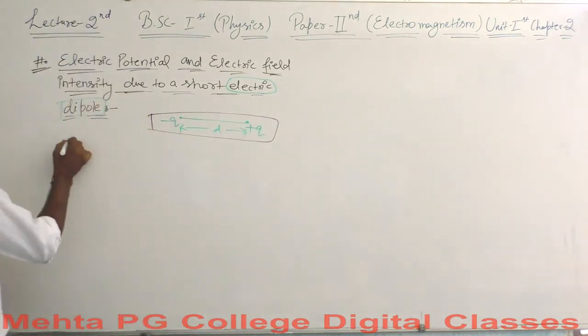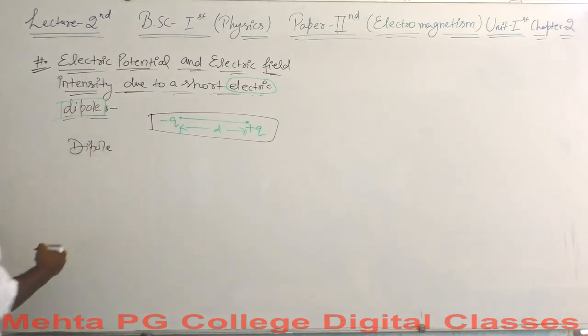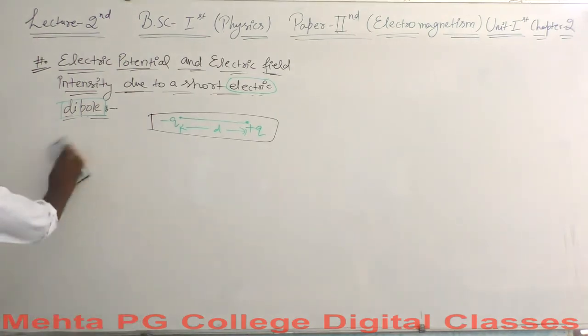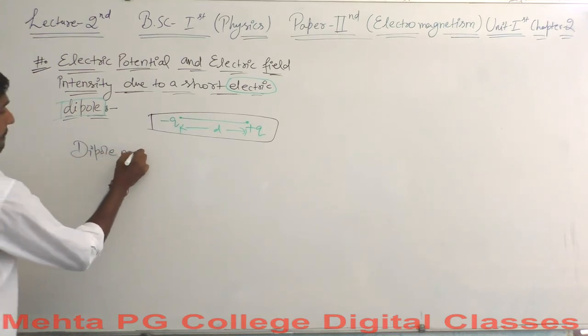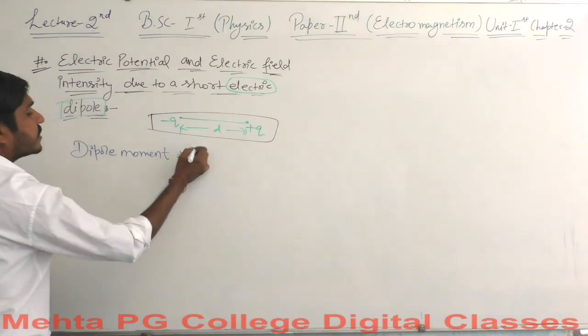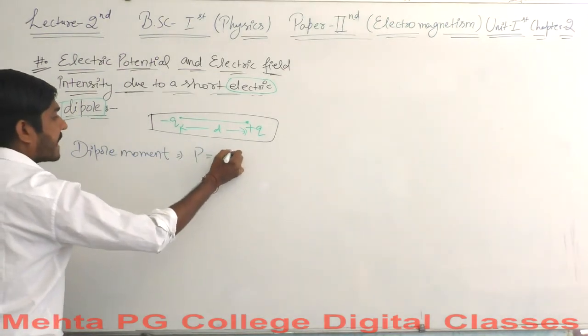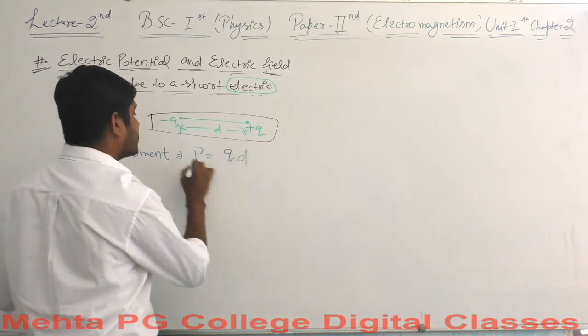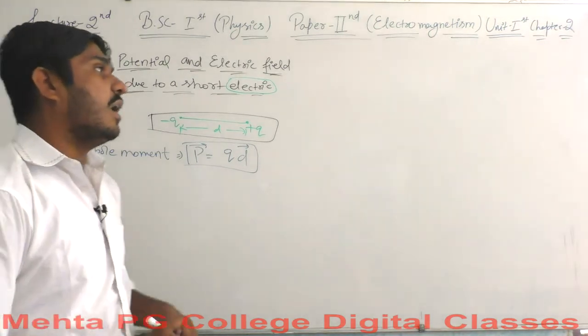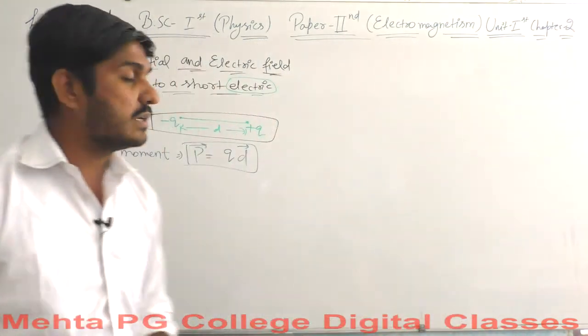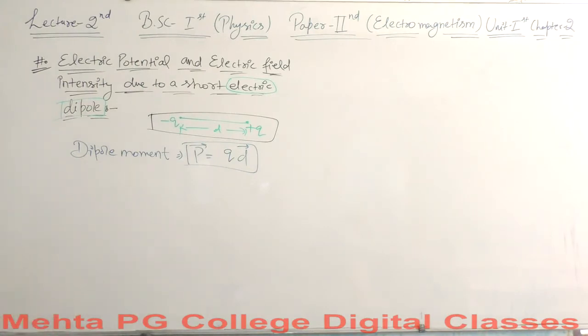The thing remaining is the dipole moment. Well, the dipole moment, you remember, is the product of the magnitude of the charges and the distance between them. This is a vector quantity because the distance is also considered a vector quantity, because distance has a direction. Okay, that's it. So these are the two things to keep in mind, and we will start with the example and with the question which we are supposed to calculate.